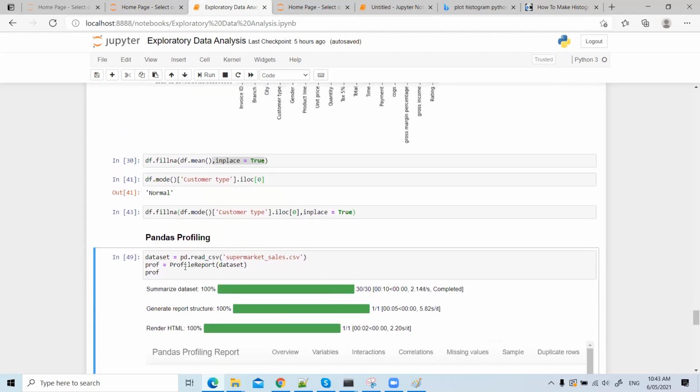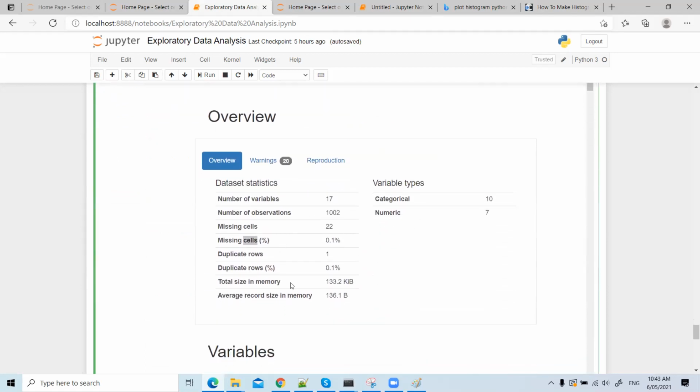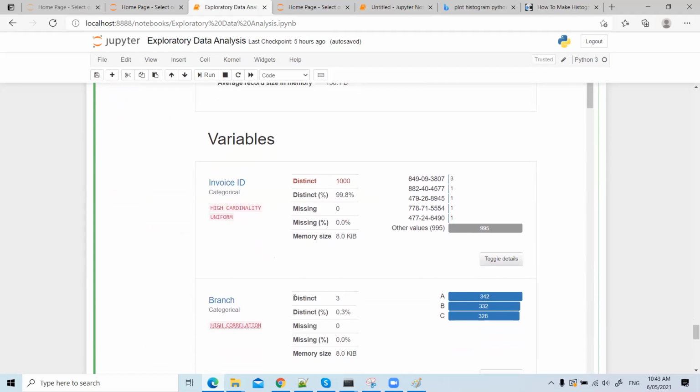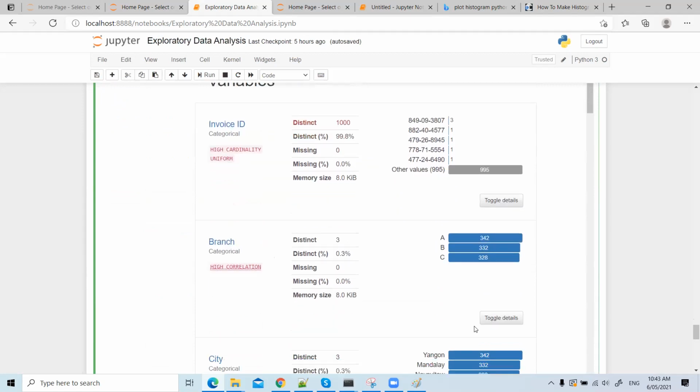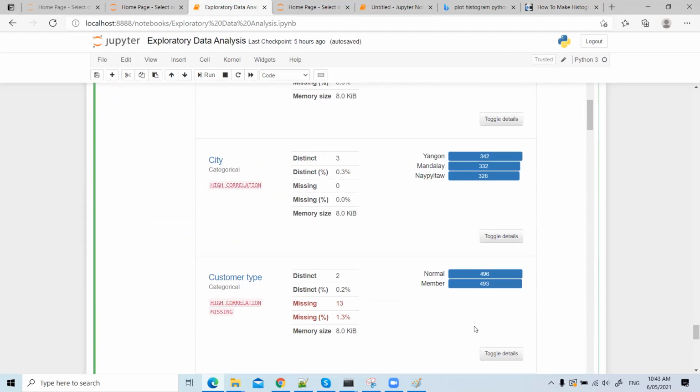Simply by using these two lines of code, reading the file and running your profile report, you will get this information: your missing values, your variables. Your branch has A, B, and C with these sorts of values. By running simply one line of code, you can get all information about your data,